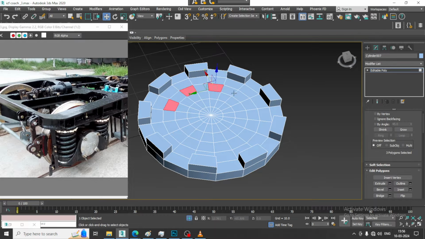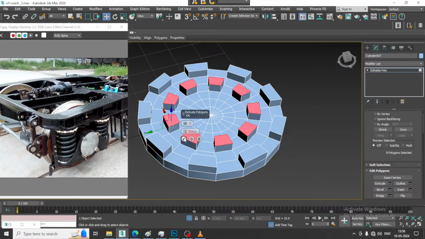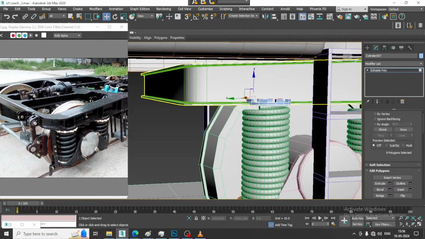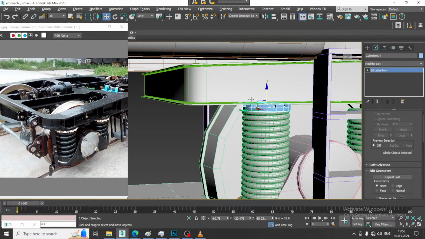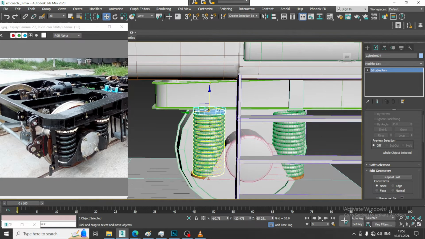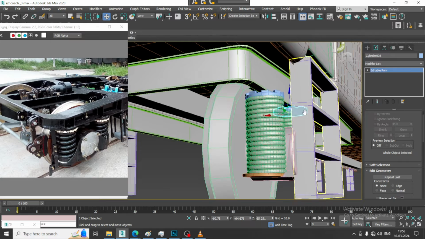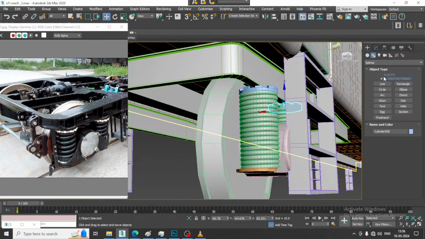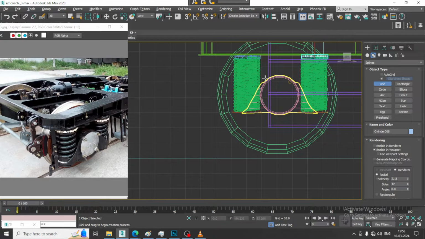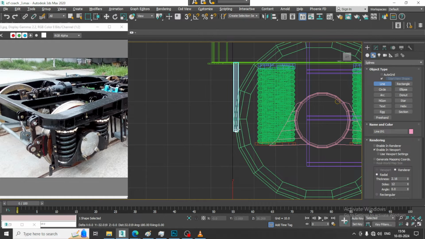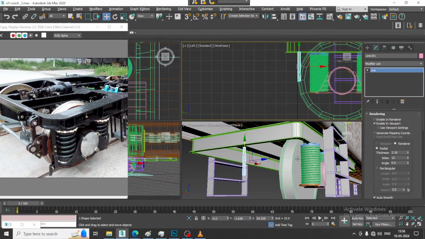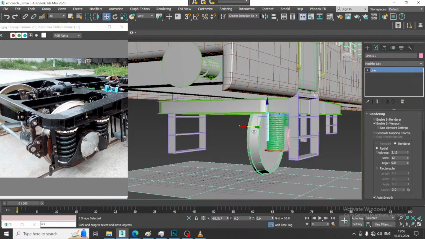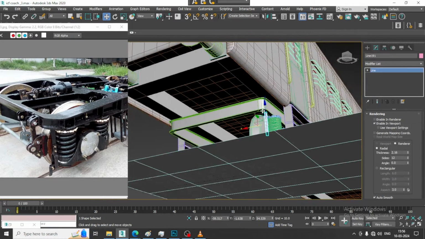So select this and let's again isolate this, and let's just drag it down and let's duplicate it again over here in this way. Now select this, take a line, let's take a line over here, let's select this, drag it over here,